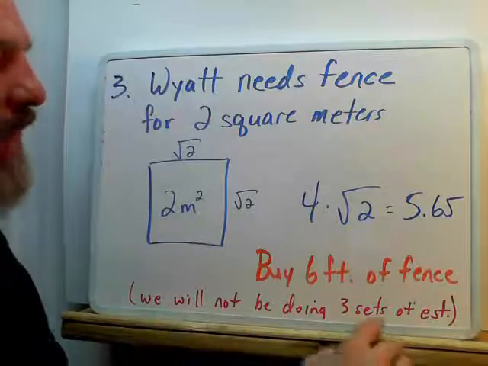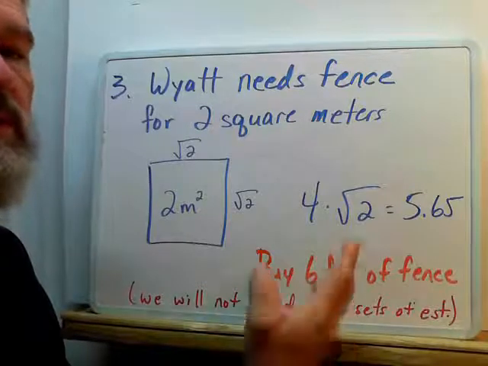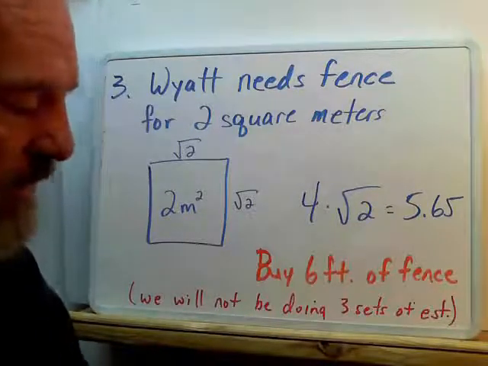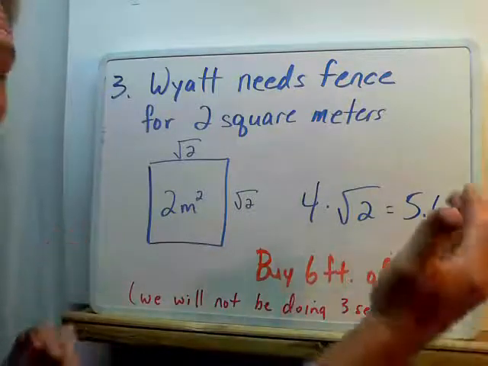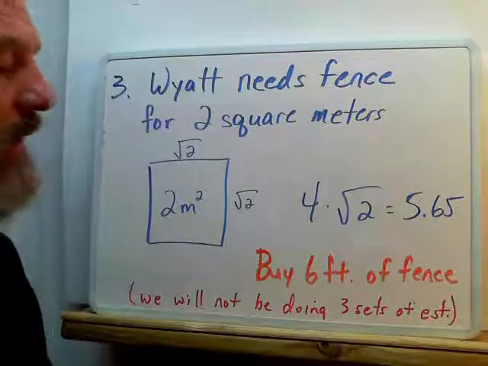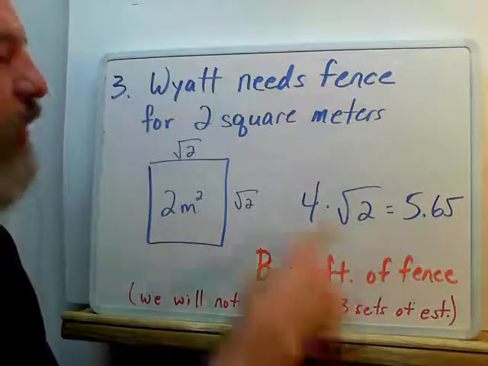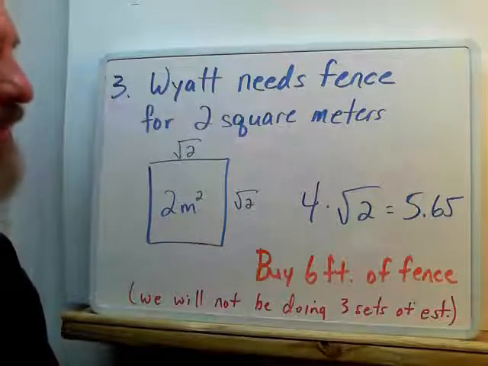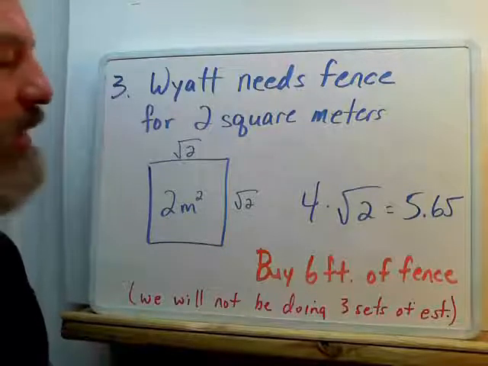In your book, they have you do 3 sets of estimations. We are not going to do those problems. I'm going to be frank with you. The big reason that I'm not going to do that, just as I showed you on the previous problem where we can estimate a square root, those types of things are very valuable in life. But in this particular case, on this problem, there's no way somebody's going to go through all that work to try to figure out how many feet of fence we need, because quite frankly, almost every human being carries a